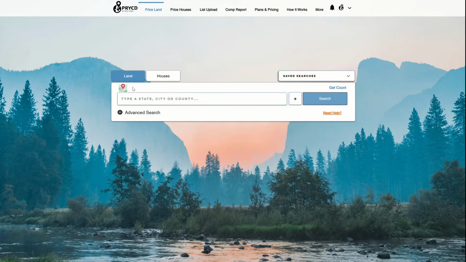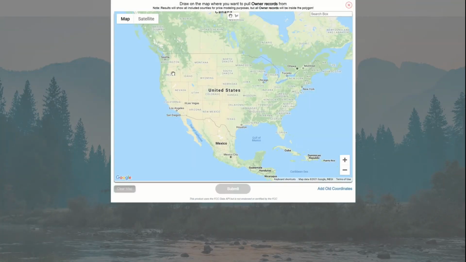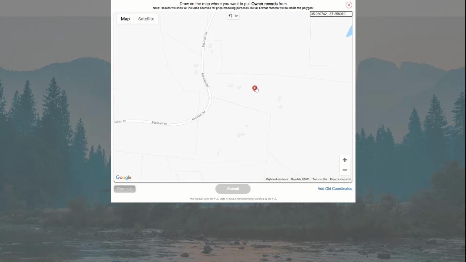So first and foremost, what you want to do is click the map icon just above the search bar. And then once the map pops up, you want to go to our search box and then paste in the lat and long data of the property you're trying to sell. So I'm going to paste it in there, click enter, and then you're going to see it's going to locate